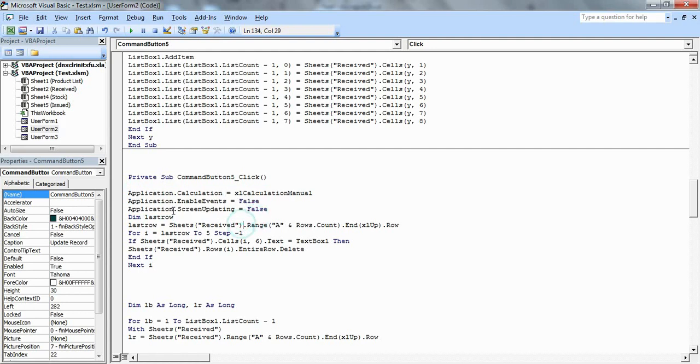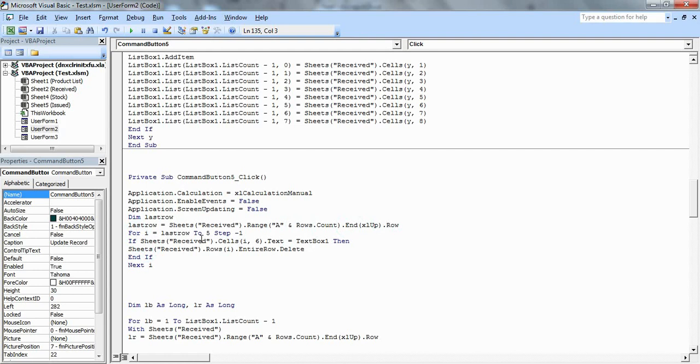Then we will create one variable, Dim lastRow, and then we will write lastRow equals sheet receive dot range. You also know that this is for finding the last row of our Excel sheet. Then we will create this loop, For i equals lastRow to 5.